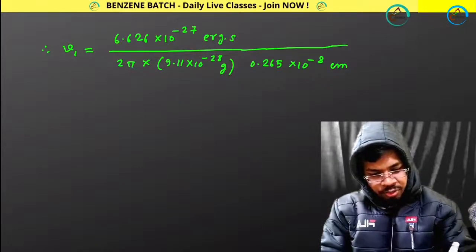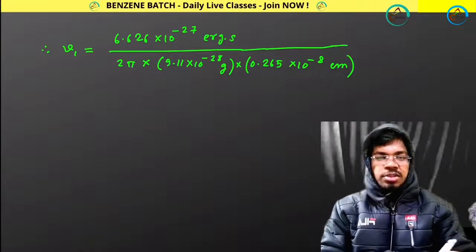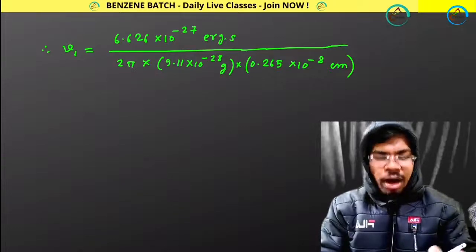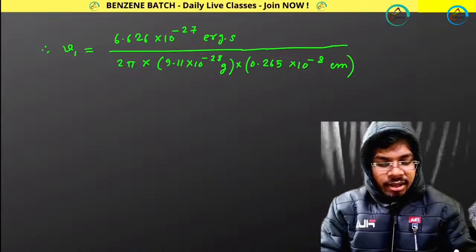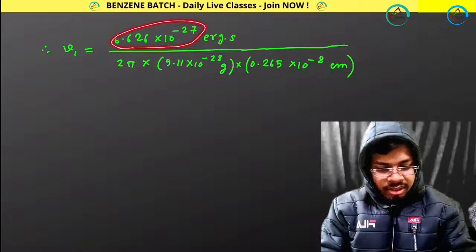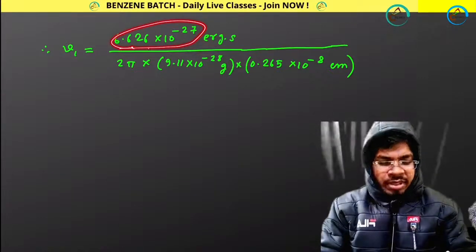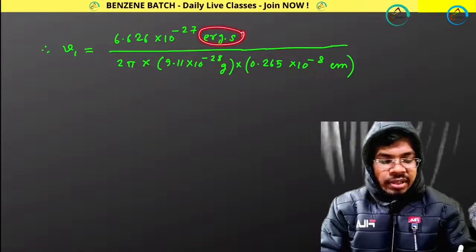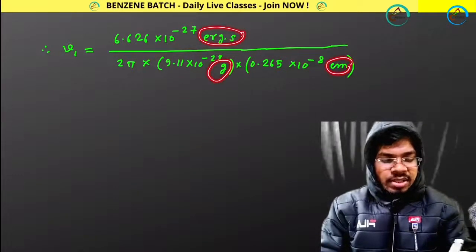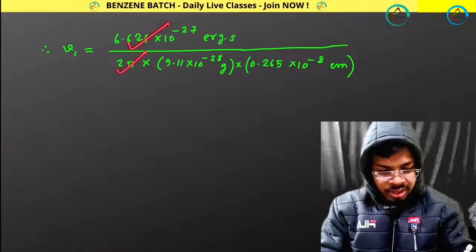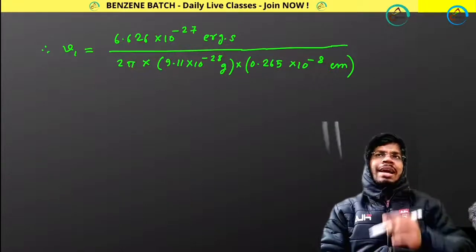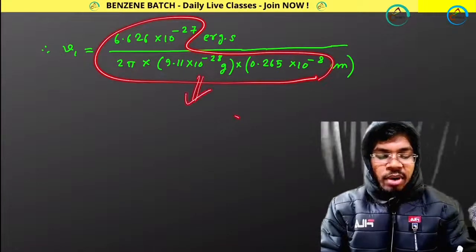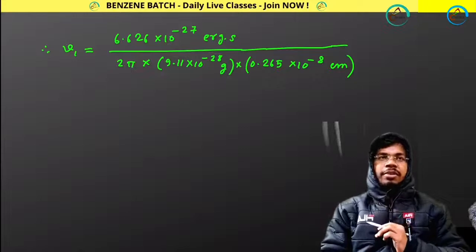Okay. I have put all the values. Now I have to do just multiplication and division. So guys, now this is your responsibility. Tell me what value you will get from these numbers. Don't touch the units. I will play with the units. Do the calculation on your calculator, then tell me the answer you are getting, because I don't have a calculator at this moment.